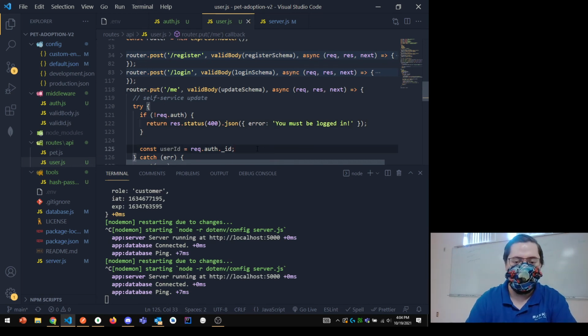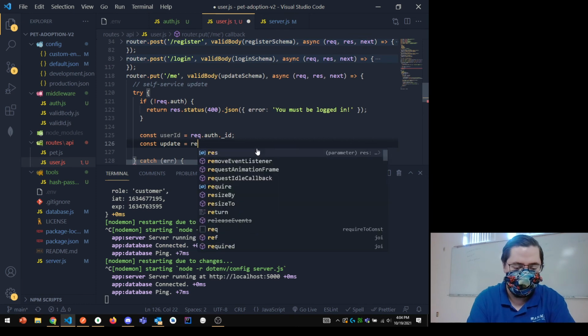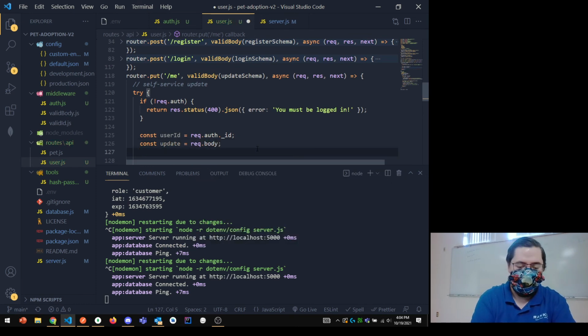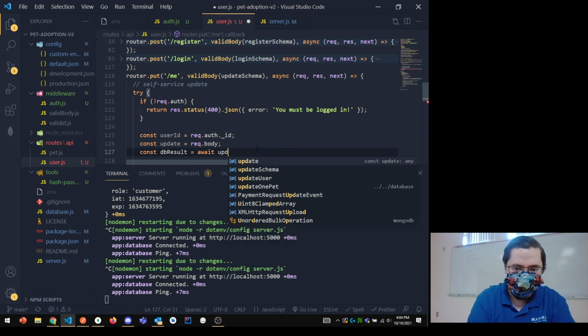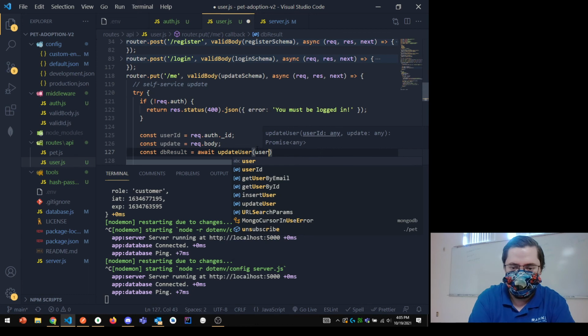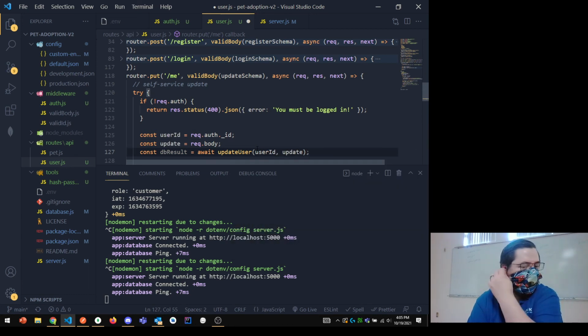Otherwise, I can get their user ID and I can start to work through how to update. So I can say update is request.body. We want to do const dbResult is equal to await updateUser. So we'll take that user ID and the update, try to update the user,